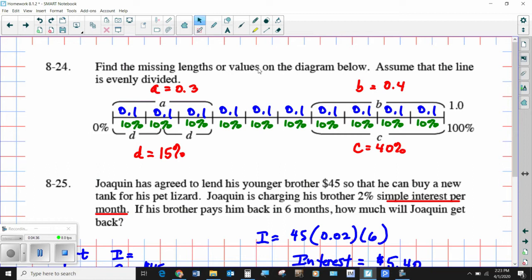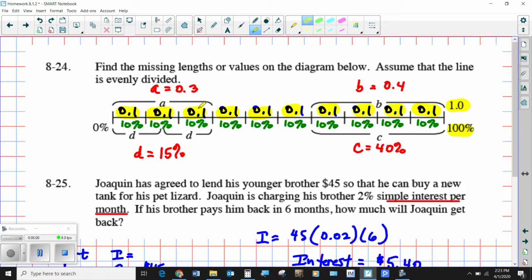Find the missing lengths or values in the diagram below. Okay, first of all, it's important to know that the scale goes from 0 to 1, because that's 1.0, and it's broken up into 10 equal parts. 1, 2, 3, 4, 5, 6, 7, 8, 9, 10, which means that those are 10% intervals, and 10% of one is